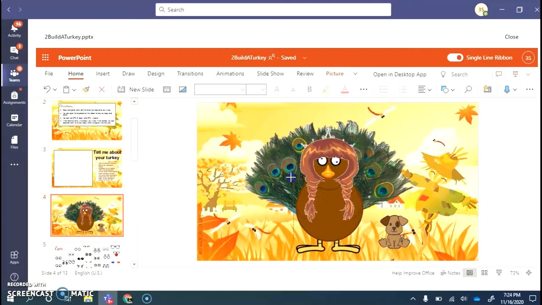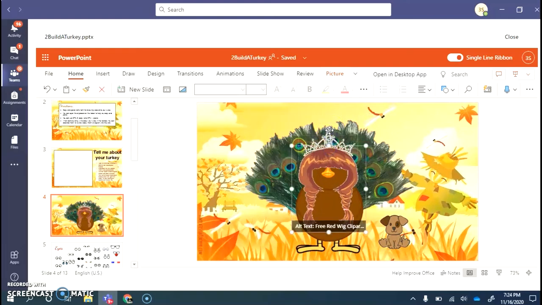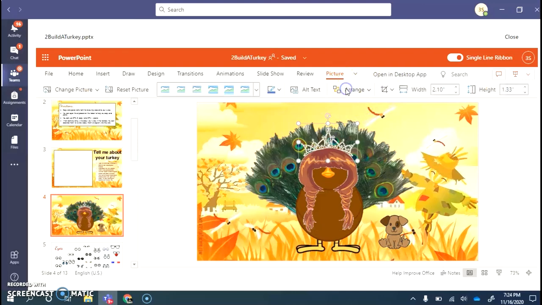And then I want to move the crown actually to the front. Getting a little tricky here. I'm going to bring the crown to the front, and then that way it'll look like it's kind of on top of the hair. So there, I'm finished with building my turkey. Now